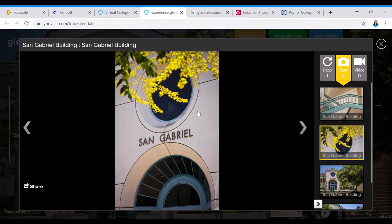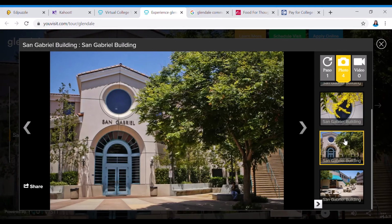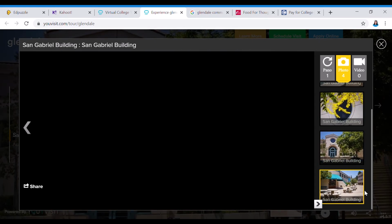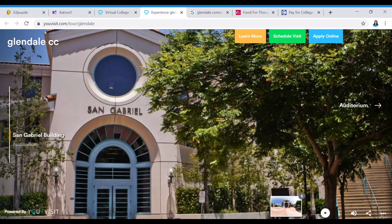Looks like a little ship. You know how the ships have the little circle windows? Oh, bummer, they didn't show us a picture of the inside. But, oh, there is a cool cafe right underneath it. If you need to catch some coffee or a snack before class or after, you have that. All right, moving on to...